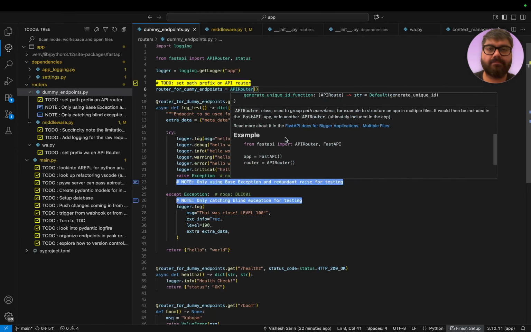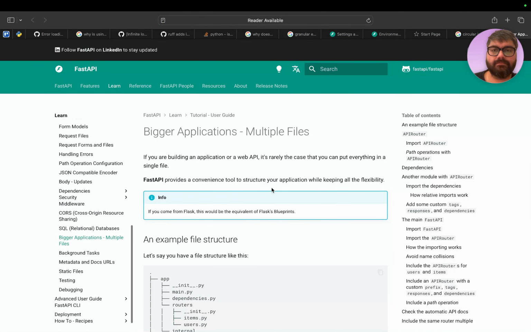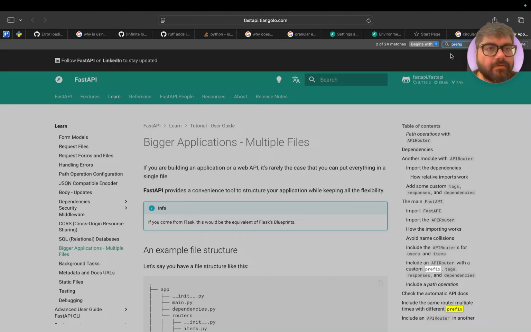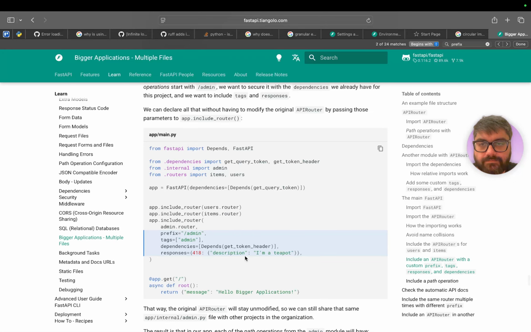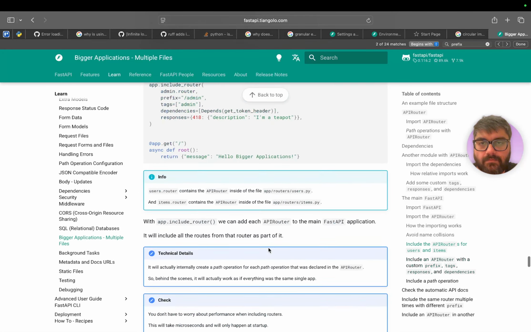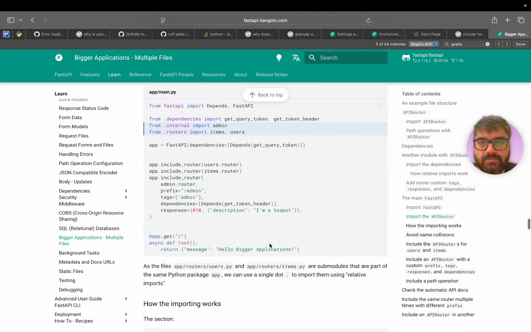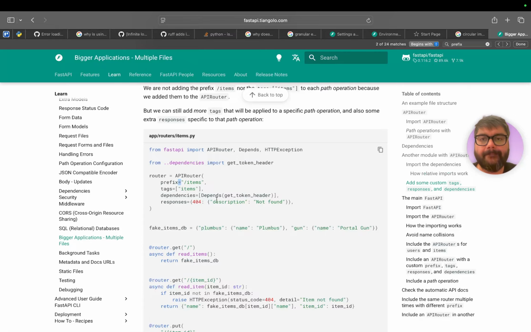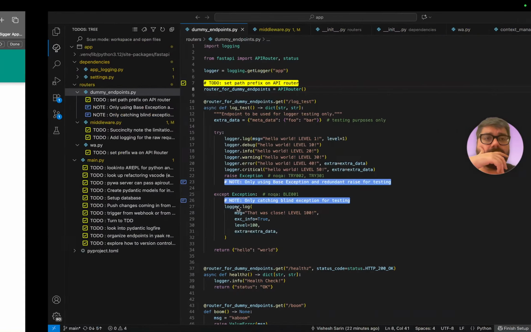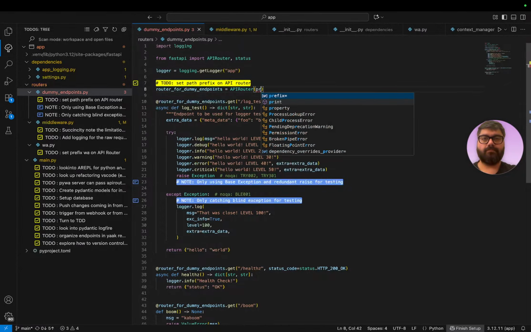Prefix. Open. Prefix. I believe I can just add the prefix on the API router object itself. Yeah, I can. Okay. So prefix equals